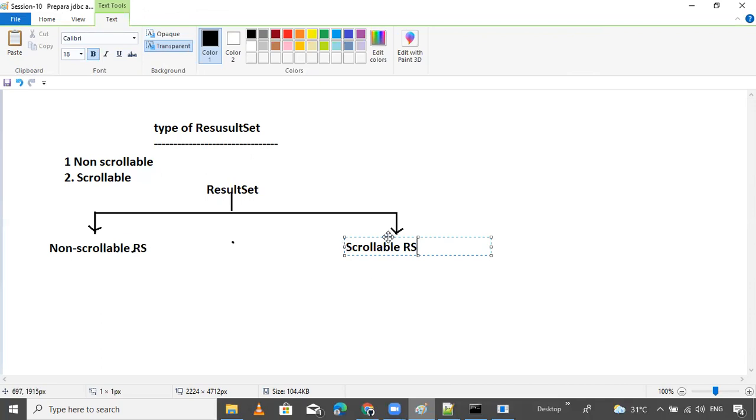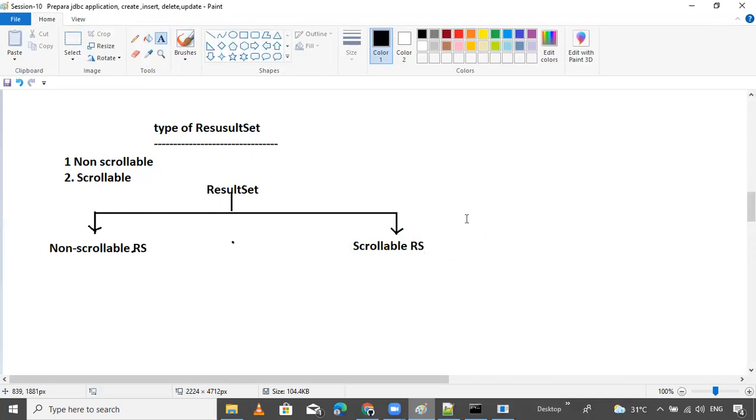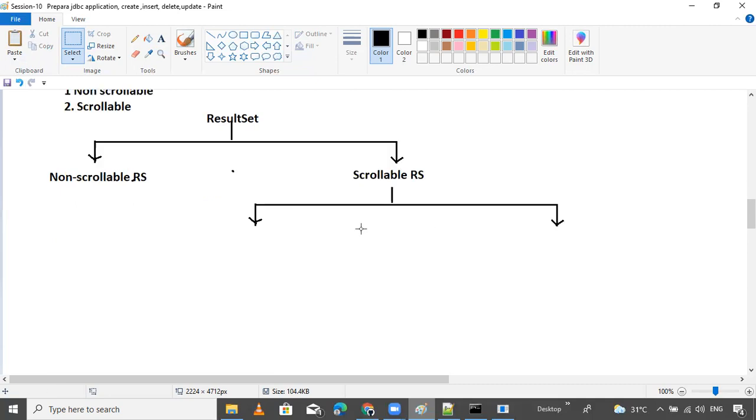Within the scrollable result set, two types of result sets are also there. What are the two types? This is the beauty of the result set.